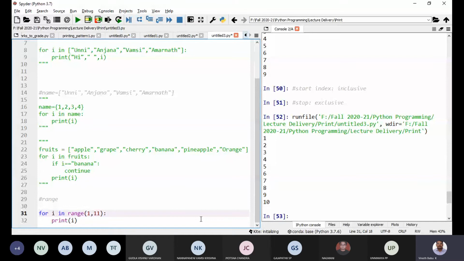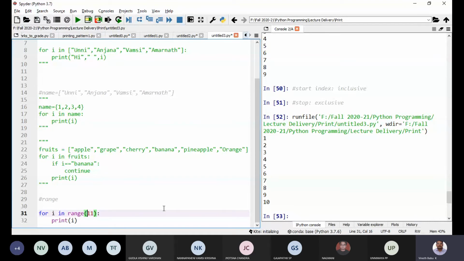Suppose I don't give 1, and there is only one entry within the range function. That is the mandatory input argument, that is the stop index. The stop index is exclusive, so it goes up to 10. What is the default start index?